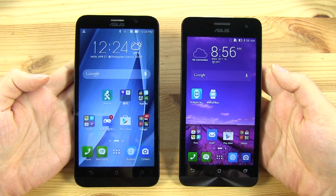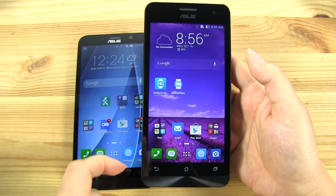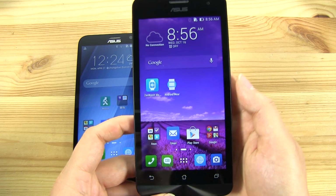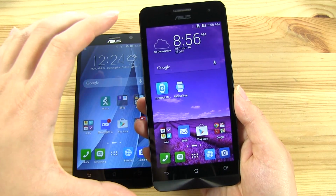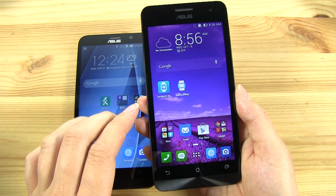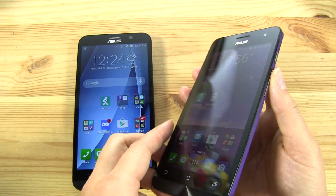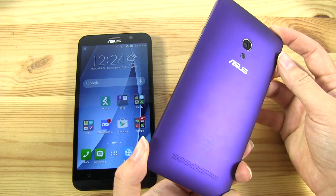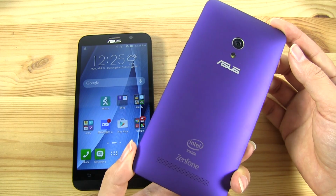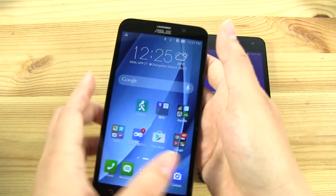So let's start off with the basic specifications. On the Zenfone 5, we have a 5-inch display, 720p IPS panel. It's got a PPI of 294, and it has a relatively low screen-to-device ratio at 64%. Under the hood, we have a dual-core Atom, that's the Z2580 at 2 GHz. Now it comes with 2 GB of RAM and 16, 8, and 32 GB of storage as options. Also comes with a micro SD card,